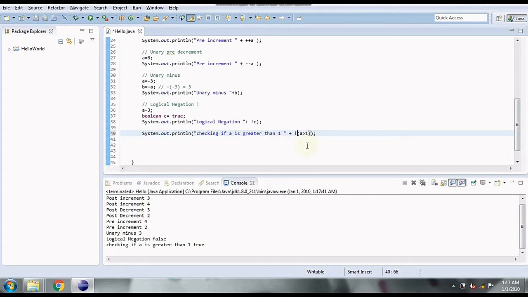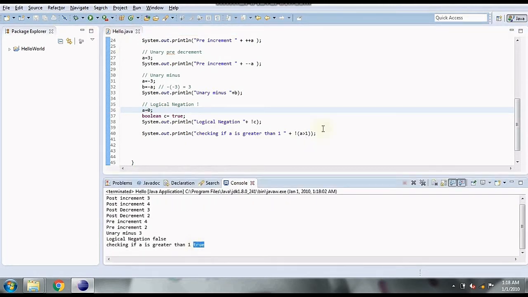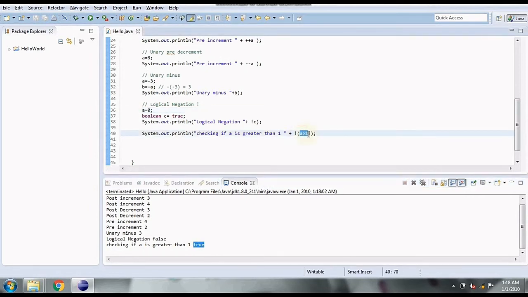And if I want to check not of this condition, so this condition should not be there, then I'll write not. Since a is greater than 1, not a greater than 1 is going to print false. If we change a to 0, it is going to print true because a greater than 1 is false and not a greater than 1 is going to be true.